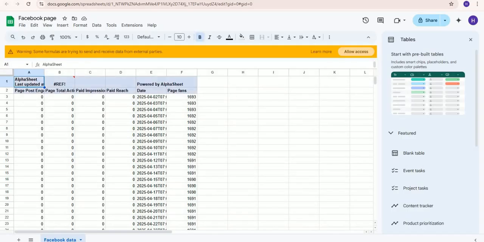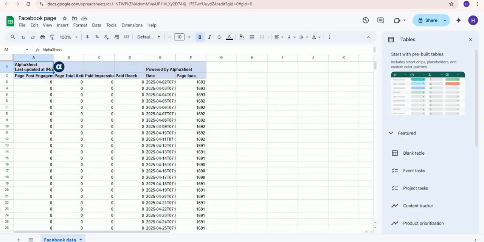That's it. You'll easily get email notifications when your sheet updates, and data will update at the scheduled time based